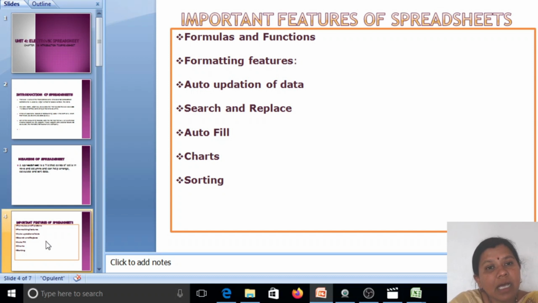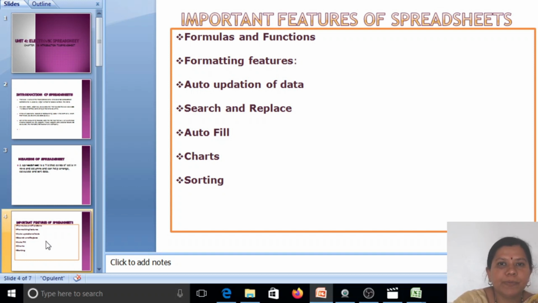The data is automatically recalculated in the whole worksheet if any change is made in a single cell. The fourth one is search and replace. This feature leads to fast searching and instant replacing of data.